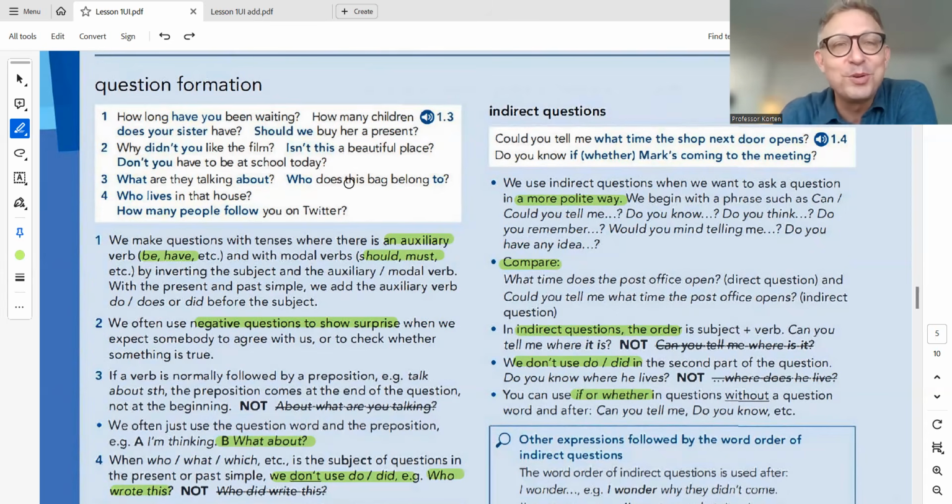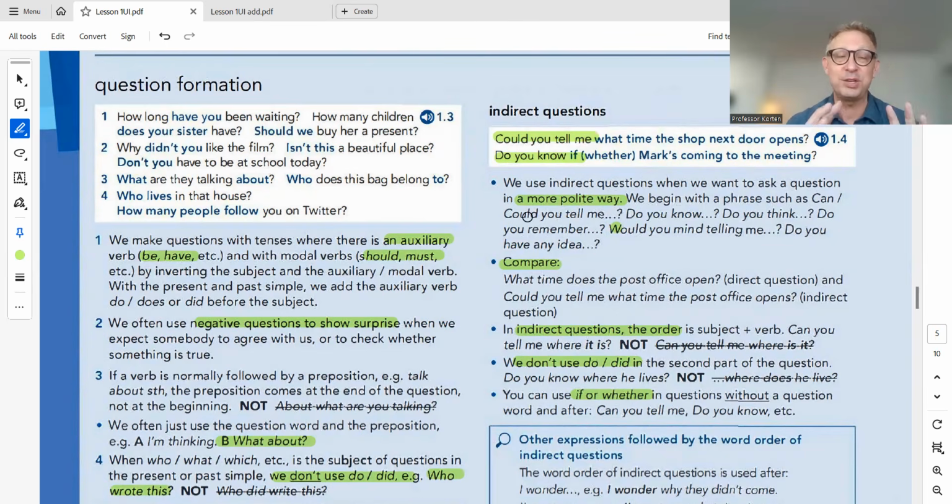No, they're thinking about the normal verb, but in the indirect questions, you keep the word order the same. So could you tell me what time it is? Not what time is it? All right. Could you tell me what time it is? Now, if you make it direct, then obviously you say, what time is it? But indirect, could you tell me what time it is? So this right here, could you tell me, do you know of, would you mind? These are all indirect, these signal indirect questions.